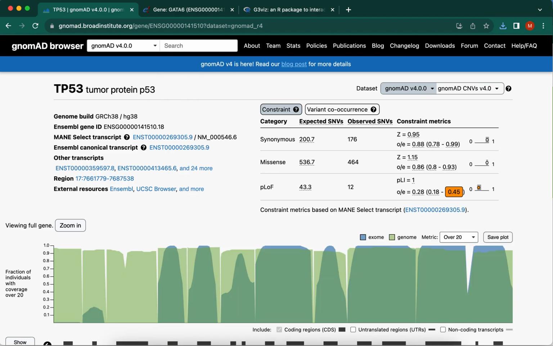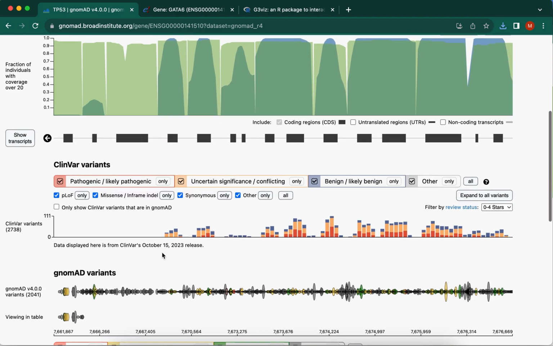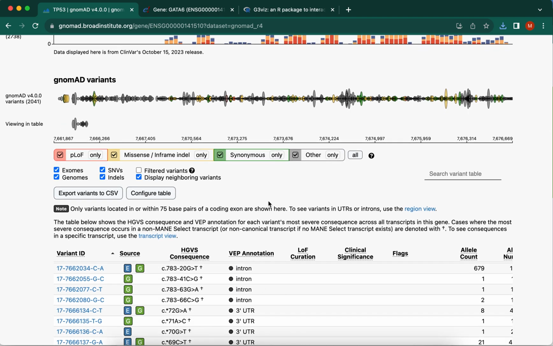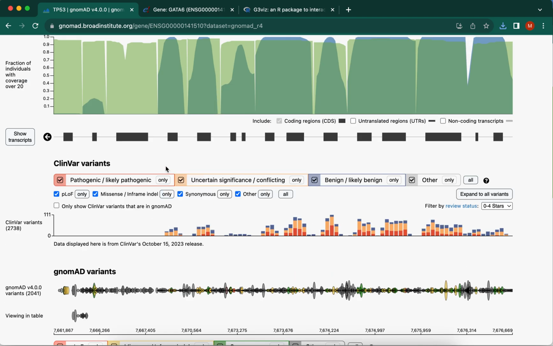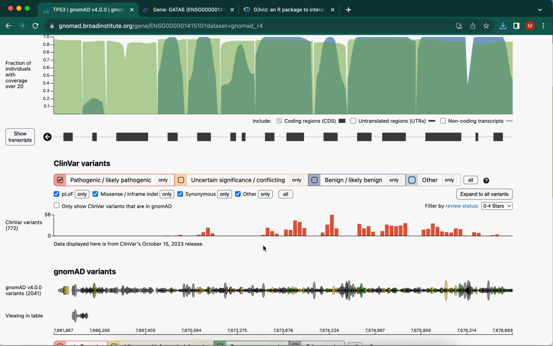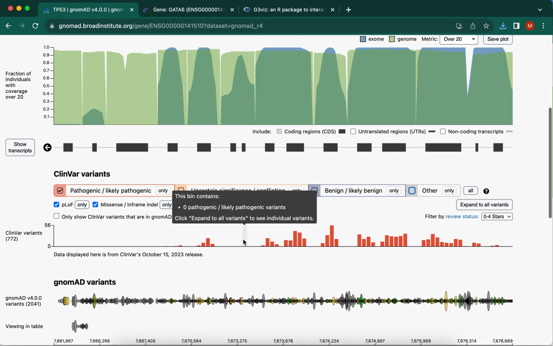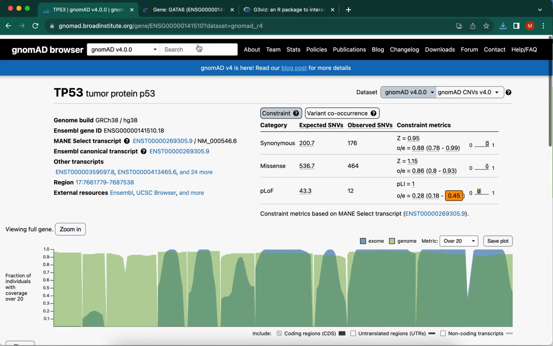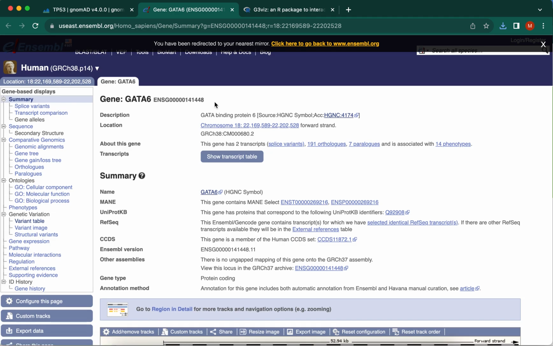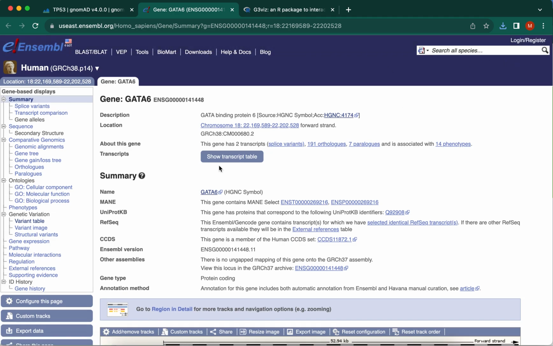TP53 gene, and you can see it like this. It gives you information about this gene, like the type of mutations they had. You can see that this gene has more mutations than the GATA6 gene, because it's more popular for mutations causing cancer. Next, I'm also going to show you the Ensembl website, which is showing you